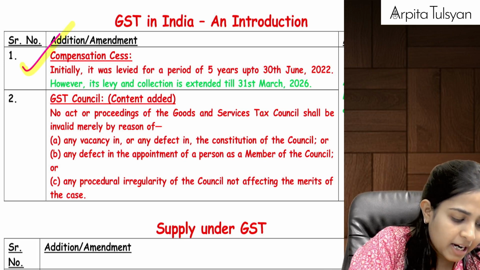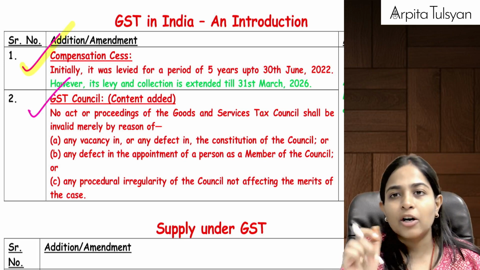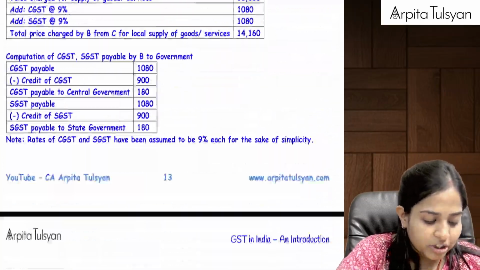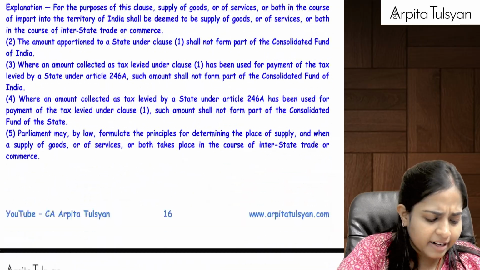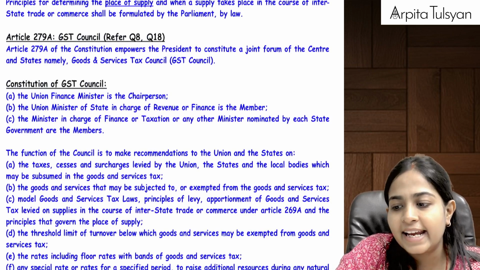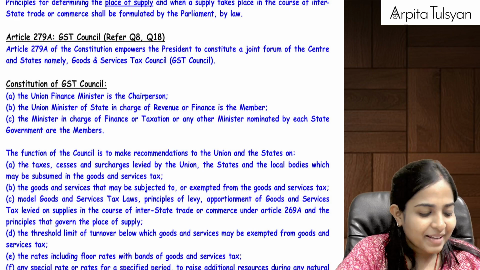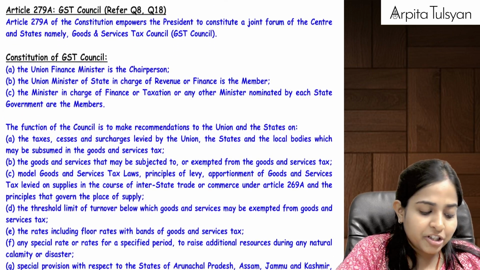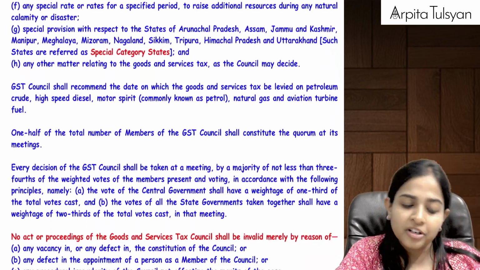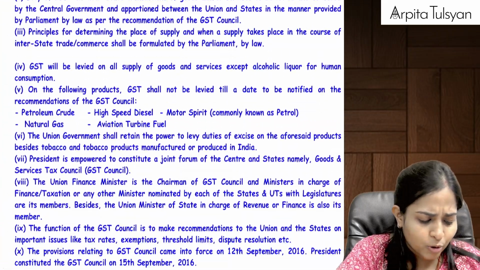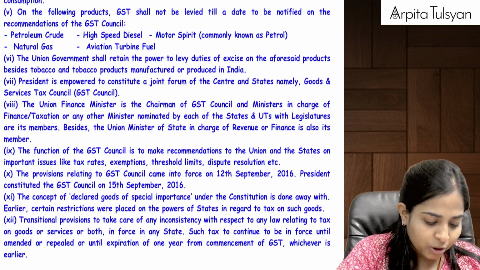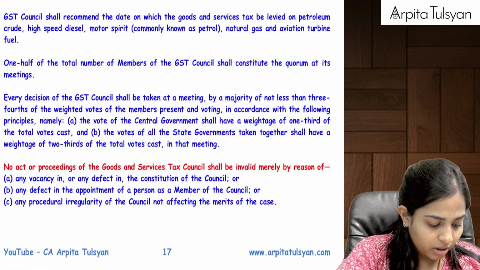Another addition which is there is in the content of the GST council. In your textbook you can come to the GST council, almost near the end of the chapter, that is article number 279A, if you can remember. In the GST council, the finance minister was the chairman, then they had certain functions, very important functions were discharged by the GST council, and all those things happen. Among those, one of the things which I would like to add here is this point.